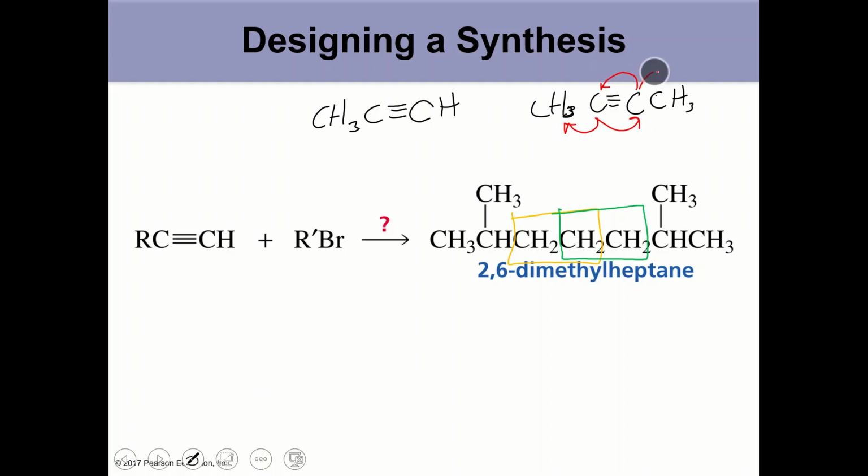So alkyne carbons can only be secondary,